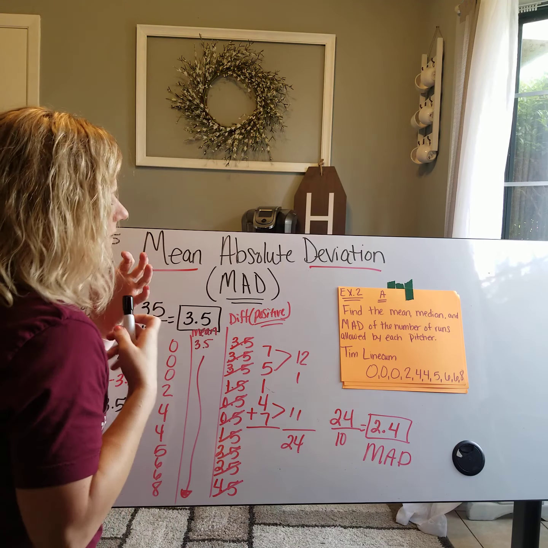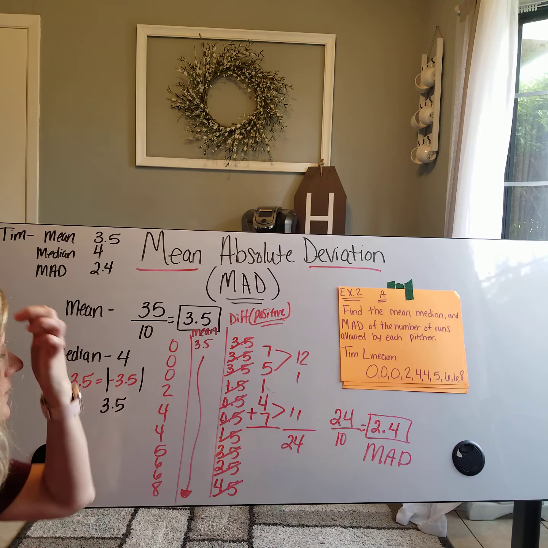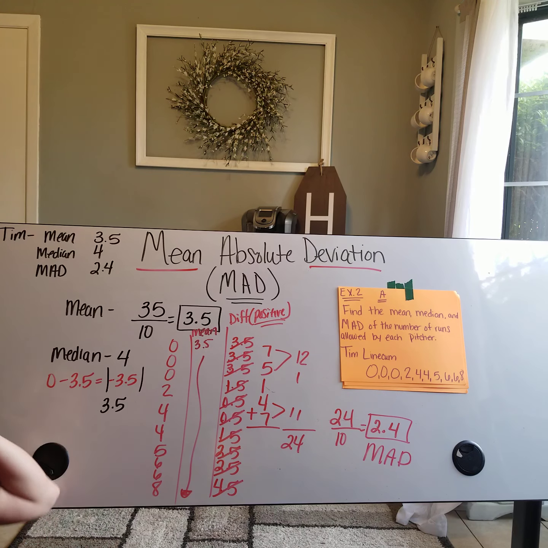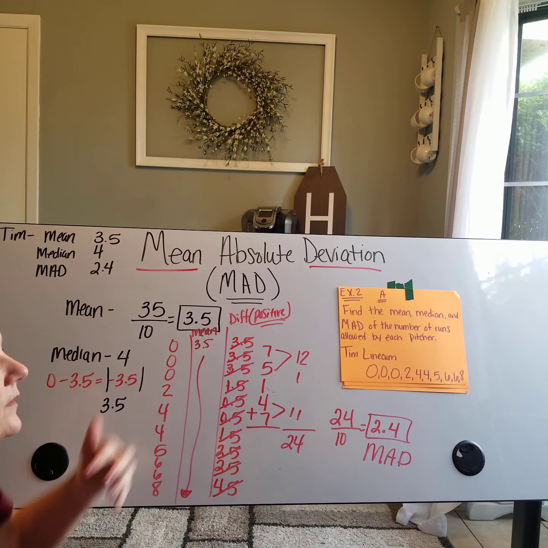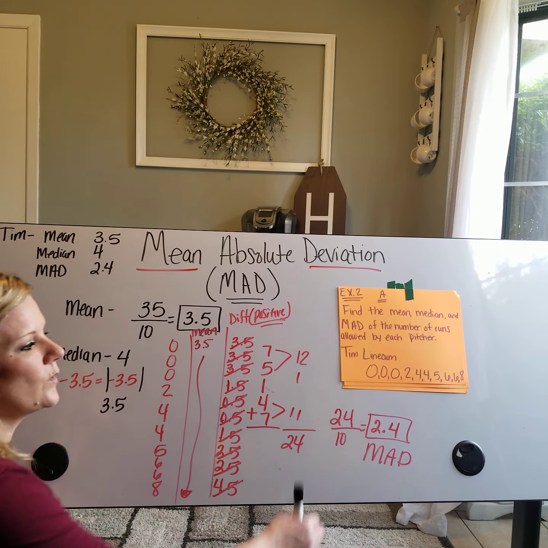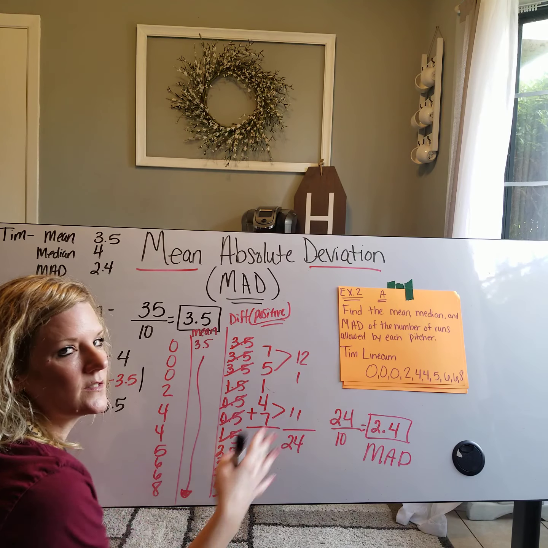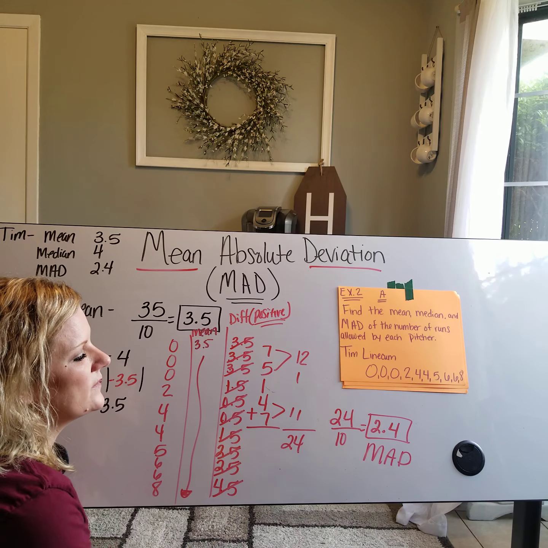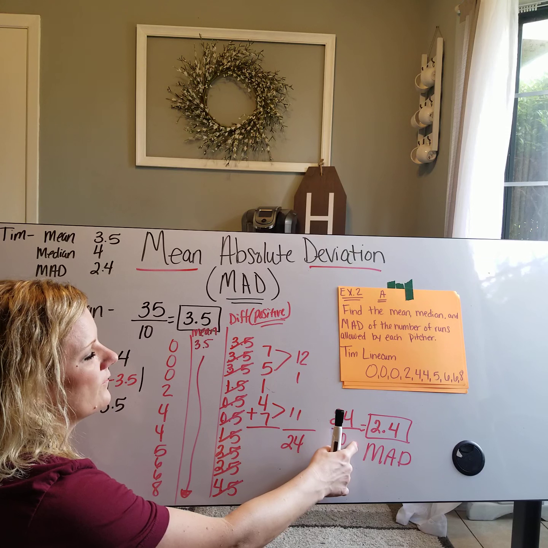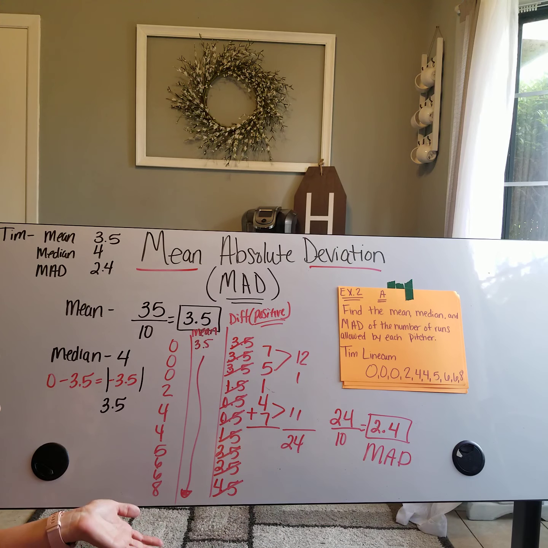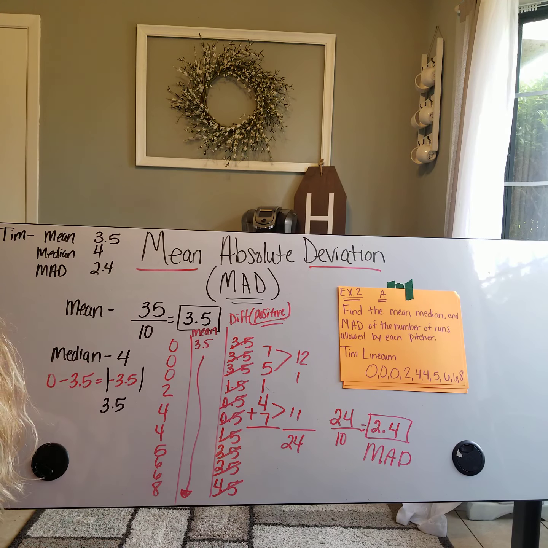Okay, but let's think about this. This 2 4/10, that's the average distance he is away from his mean. So if he's a pitcher and this is what he is pitching, or the runs that he's letting in, this is about the average it is from the mean. Because for each game, he's going to give about